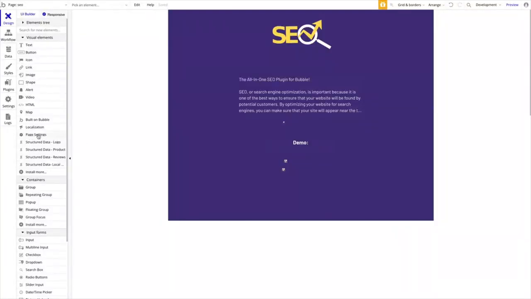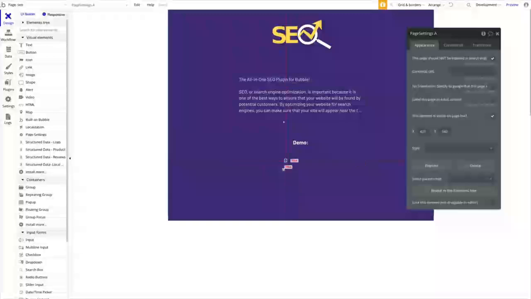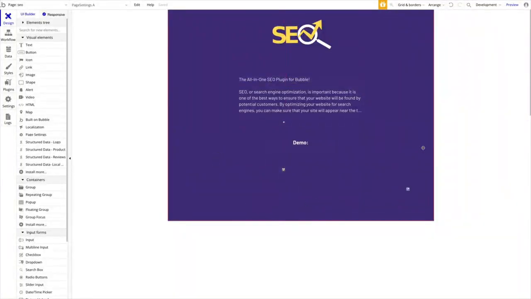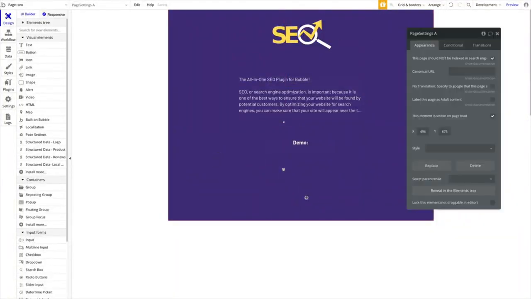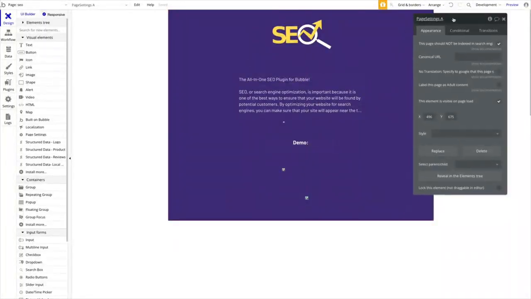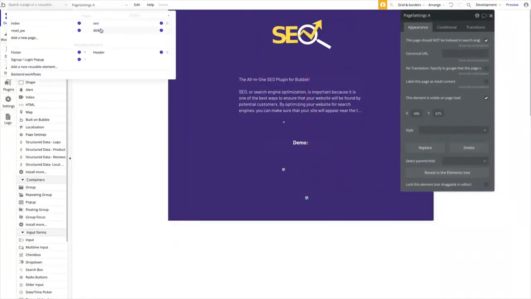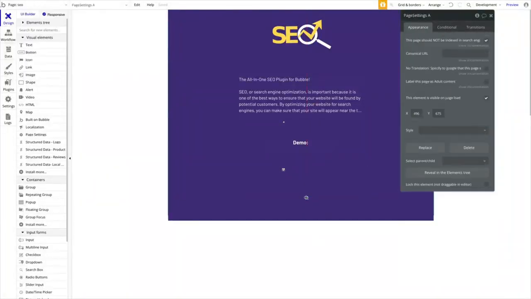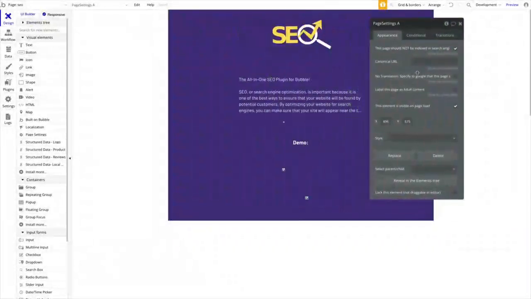This is quite simple. This is just the element you want to drag on the page. It's this one here, okay? And it's a very small element. It's not visible, so you can just drag it anywhere. It doesn't matter. It just has to be on the page. And you can define these settings for every individual page here, okay? So don't forget to add that to every page where you want it to be applied. And you can obviously apply different settings to different pages. And this settings element just contains a few, but quite important